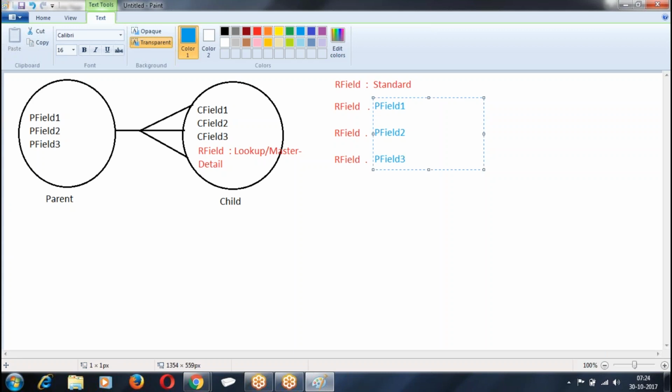So whatever the lookup field or master detail field we have, that field name dot parent field 1, parent field 2, parent field 3.